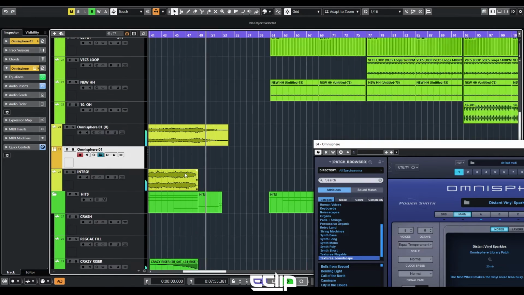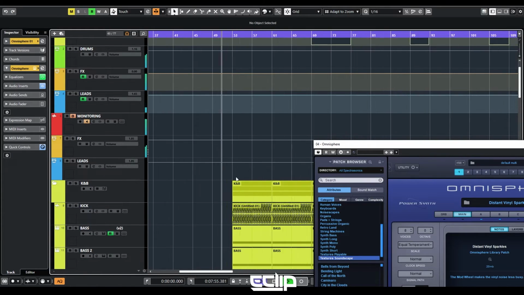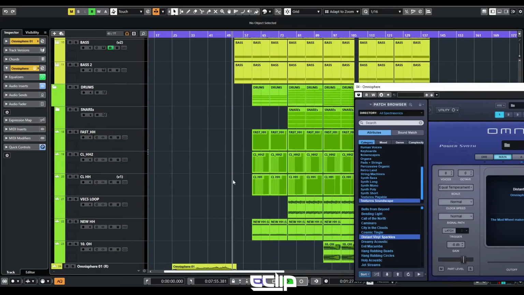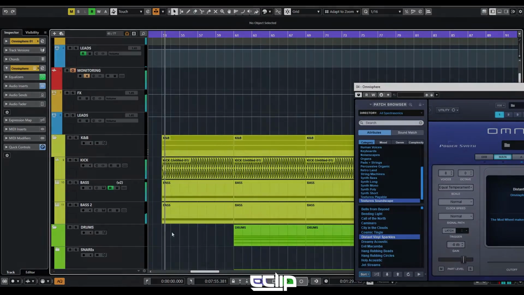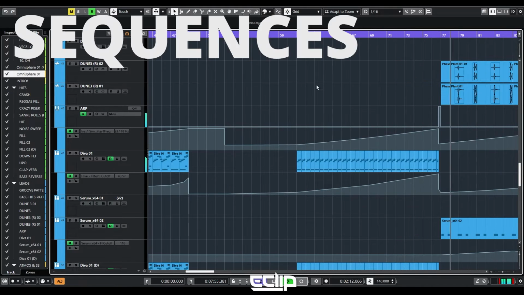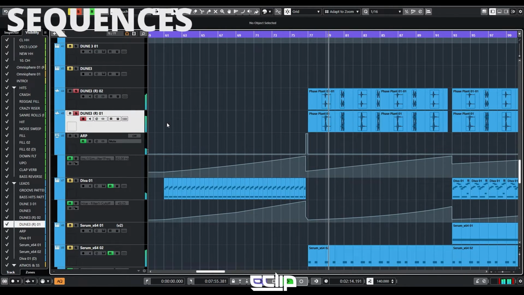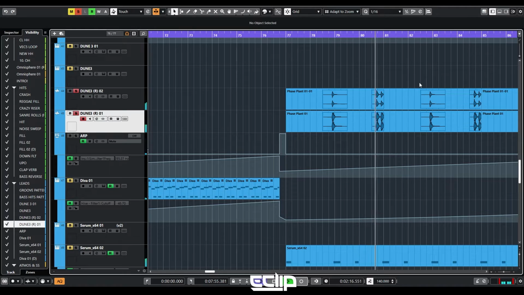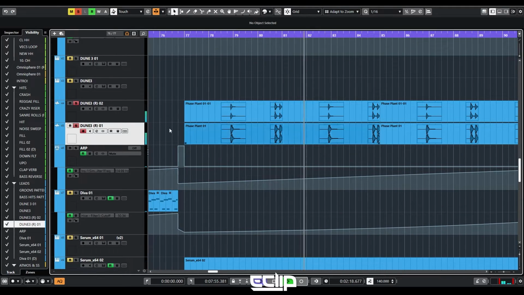Now we are moving to the fourth stage, and now with the 60 seconds loop or 32 bars loop all together with the intro, with a decent number of single shot sounds and the atmospheres, it is time to create some sequences. The difference between sequences and second stage elements is that the single shot sounds or the atmospheres are